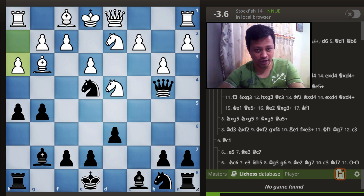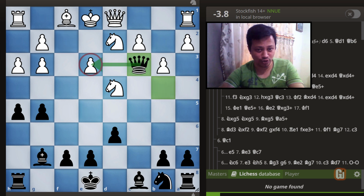How? Well, now comes a very simple sequence. Knight takes g3, pawn takes g3, completely destroying the white pawn structure, and on top of everything, we have this queen to c3 attacking on e3, so that white has to play this pity move, king to f2, whereupon after